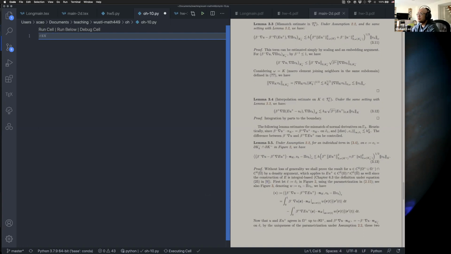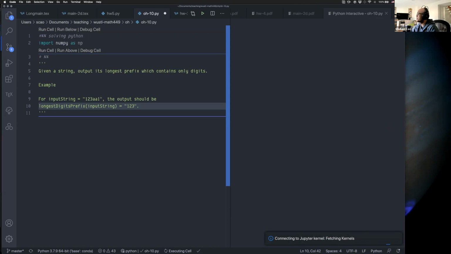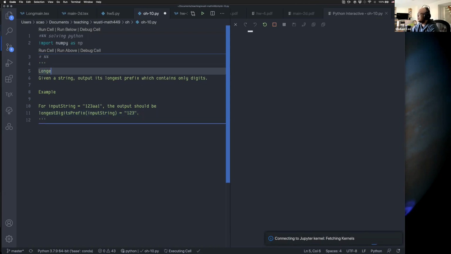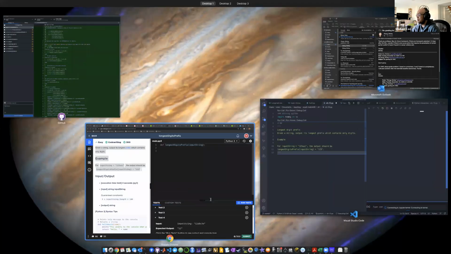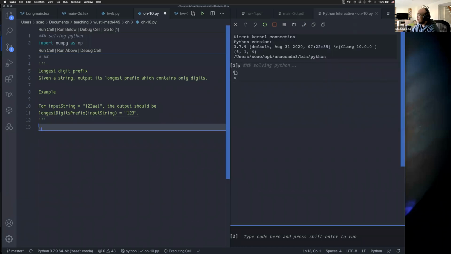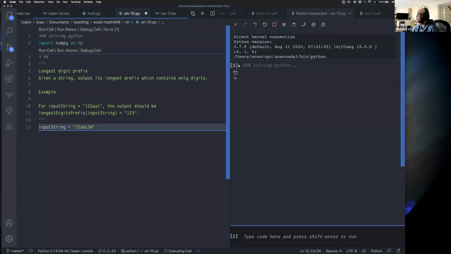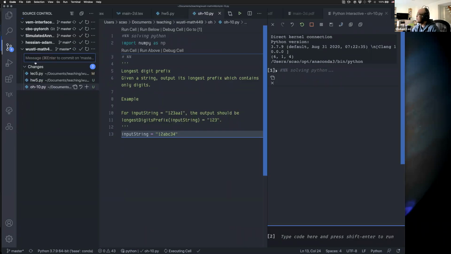So, solving Python questions, let's import numpy as np. And the first question is longest digit prefix. If we have, for example, right here, this is the input string, if we have the input string equal to that, then what happens is